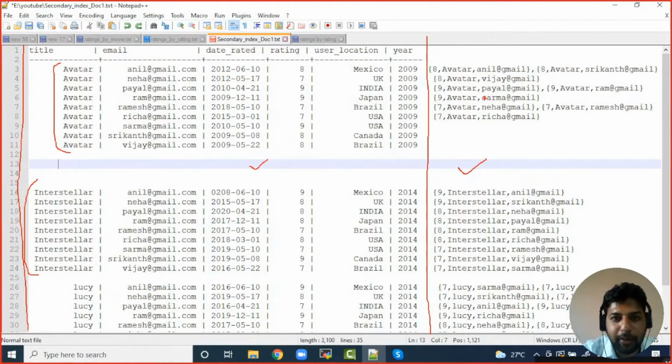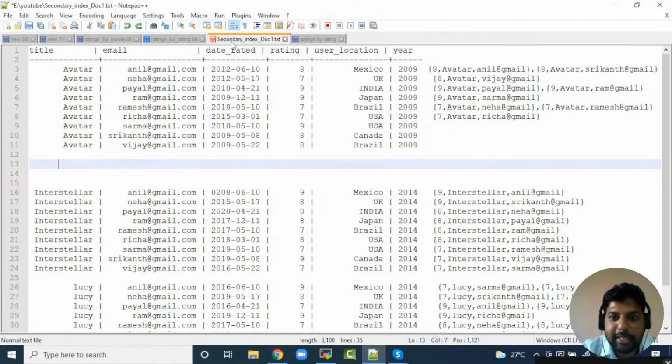So confused? You didn't get what I just said. So let's pay attention here. Your index data will be co-located on the same node with the source data, meaning your index data is only local. So here, three people watched, three people gave rating 8, three people gave rating 9, and three people gave rating 7, right? Only that data will be stored on that node, right? Now, what is the disadvantage of storing in that way?